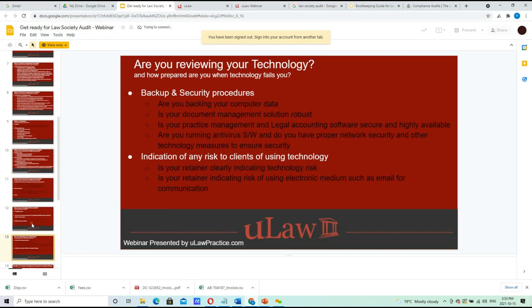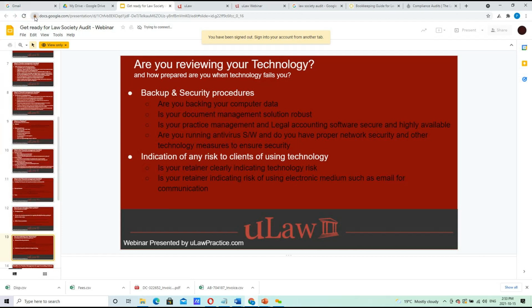Whether you're using your personal computer, then talking about how you have a password for it, or you're using a cloud-based system and how the cloud-based system should be encrypted, at the minimum 256-bit encrypted these days. Even 128 does not cut it. So that's the SSL that we talk about, secure socket layer, which is pretty much bank-grade security. So if your provider provides you a 256-bit encryption, you would typically see it right at the top.